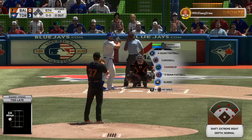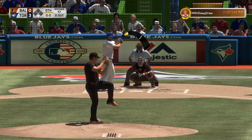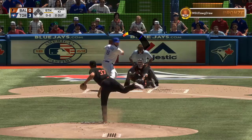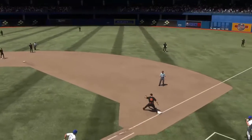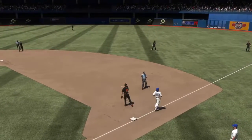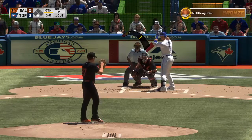Here's Kendrys Morales, a hit in 2 tries so far, leading off with the Jays. First offering on its way. Kendrys Morales. Hit sharply on the ground. Machado is there. And the throw on to first will take care of him. So he's thrown out by the only man standing on the left side of the infield. 1 away. Number 2, Troy